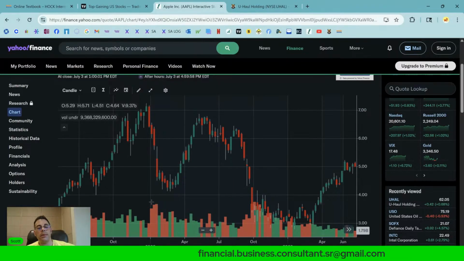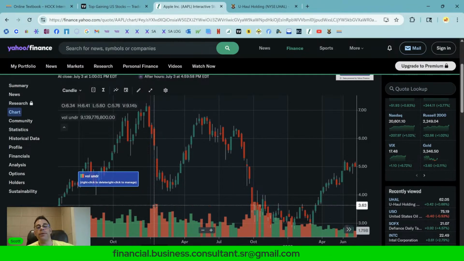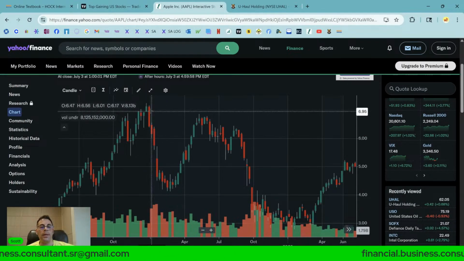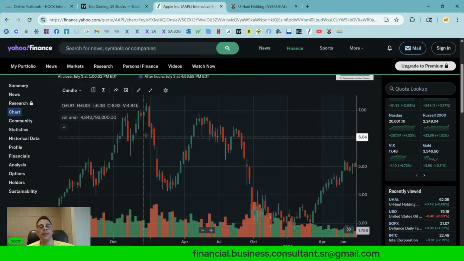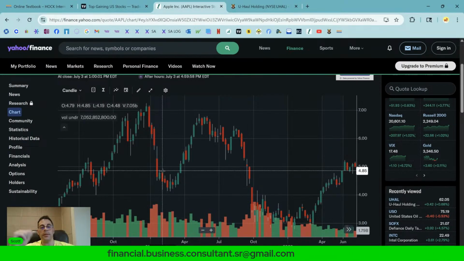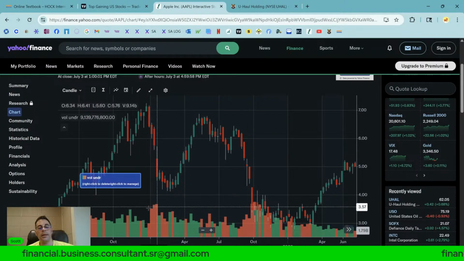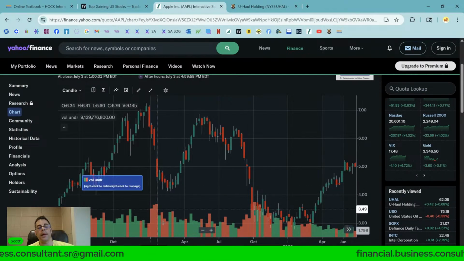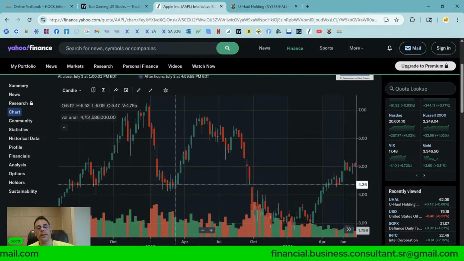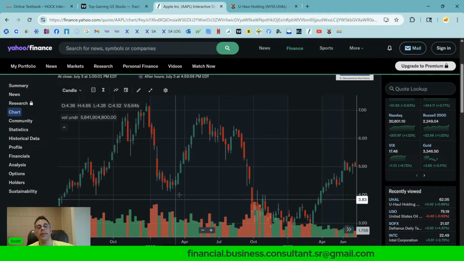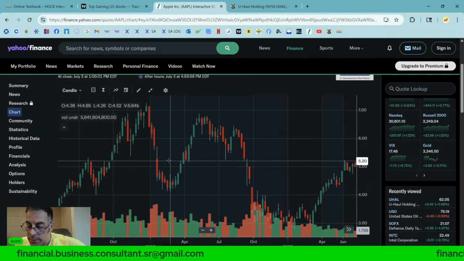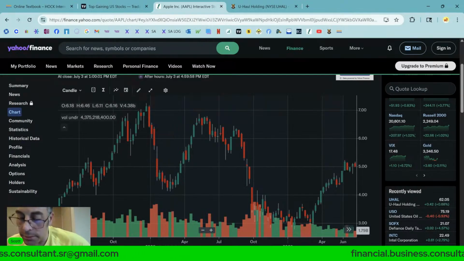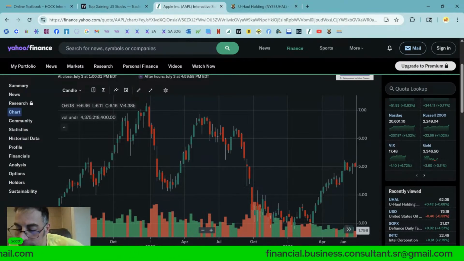But the way they know if it's red or green is whether there are more sell orders or buy orders. When there are a lot of sell orders, it's a lot of pressure, and the bears win. That's why it goes down. And when there are a lot of buy orders, the bulls win. There's lots of pressure putting the stock price higher and higher. Just something to think about.